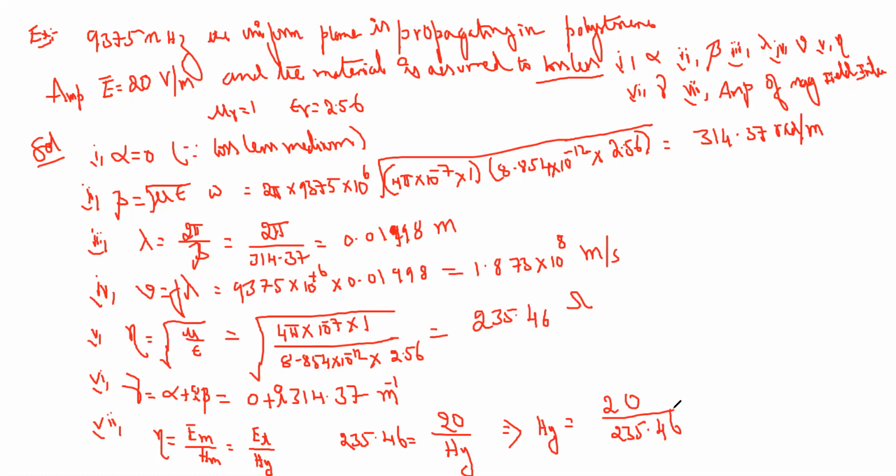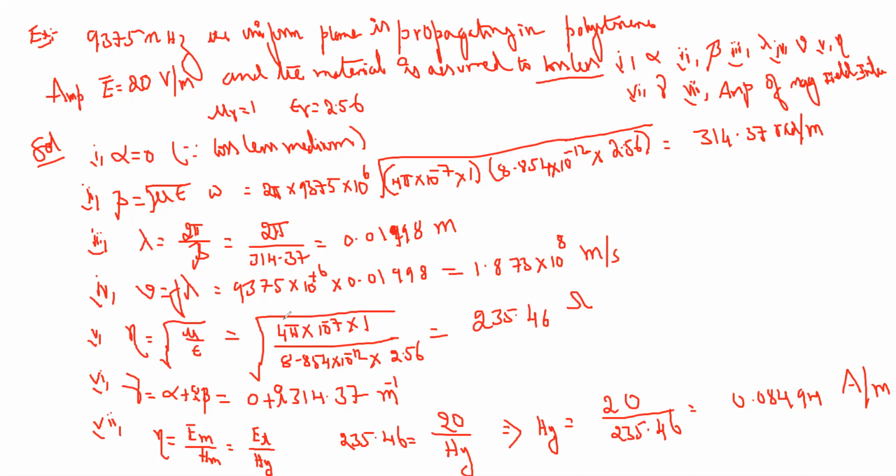The value, when you calculate this one, is 0.08494. The electric field is in volts per meter, and the magnetic field is in amperes per meter. Okay, so totally the 7 parameters they asked to find by the given frequency, and the uniform plane wave is